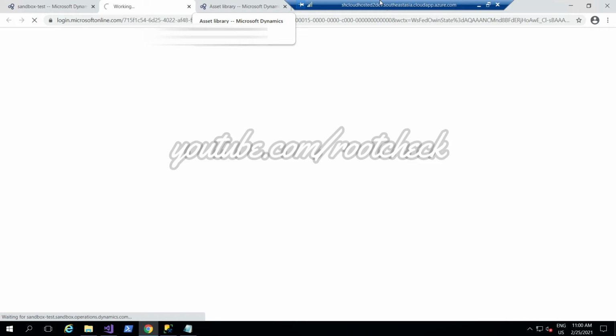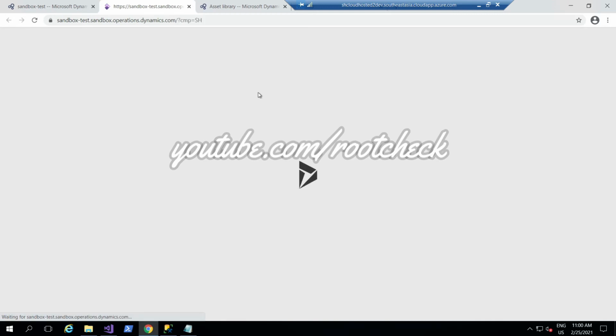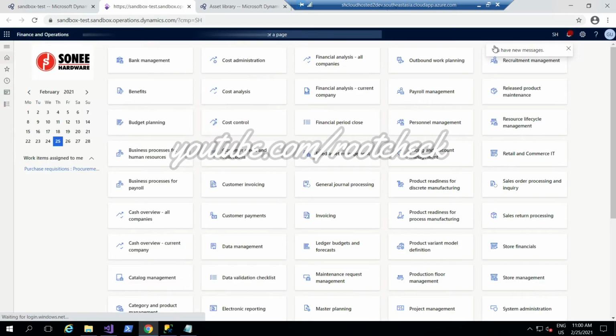So let's check out the package which we want to remove from UAT. Is it present here or not? The front end is loaded for the UAT or sandbox environment. So now go to that question mark symbol. Sometimes it will take time because you have just recently loaded the page for the finance and operation UAT environment. Now in this question mark section you go to the about section.